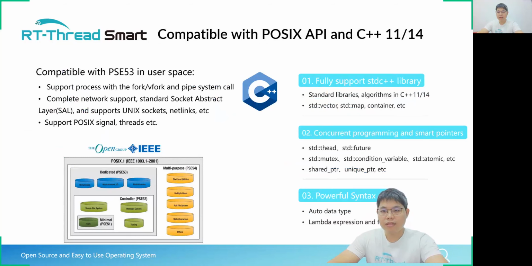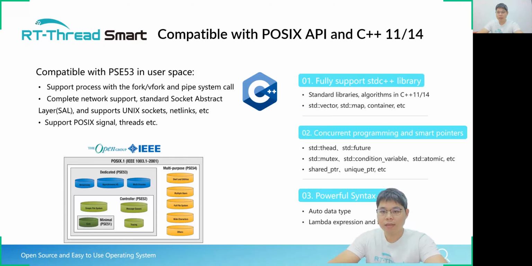The RT-Thread Smart is compatible with PSE53 in use case, including support for process with the fork, vfork, and pipe system calls, complete network support, standard socket abstract, and supports Unix sockets, netlinks, and so on, and supports the POSIX threads, and so on. The RT-Thread Smart also supports complete C++ standard